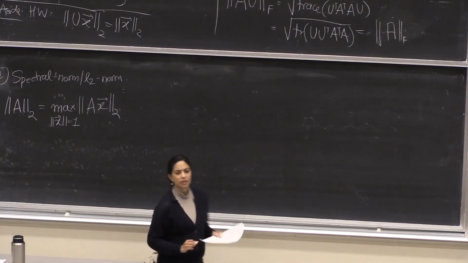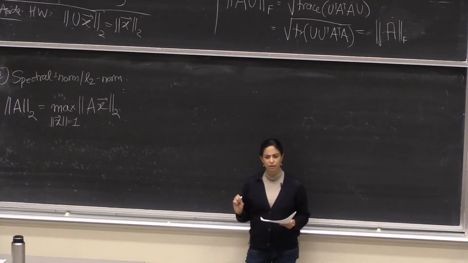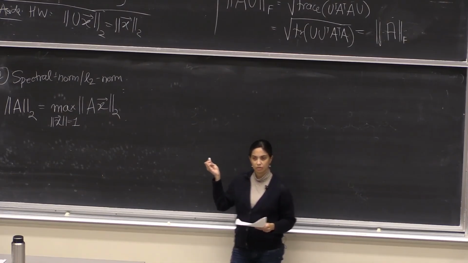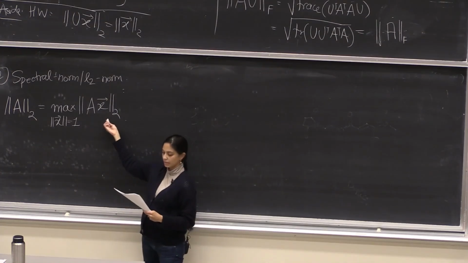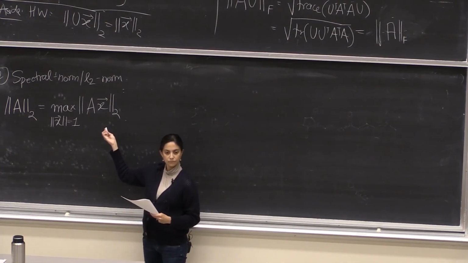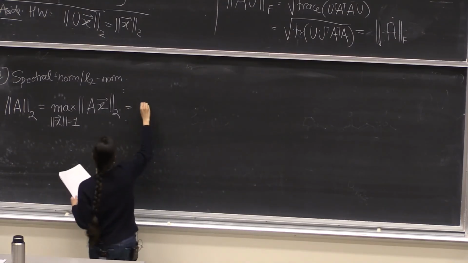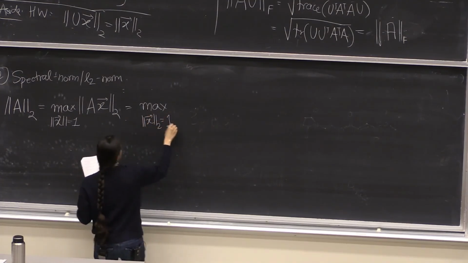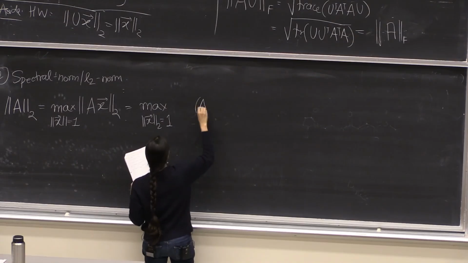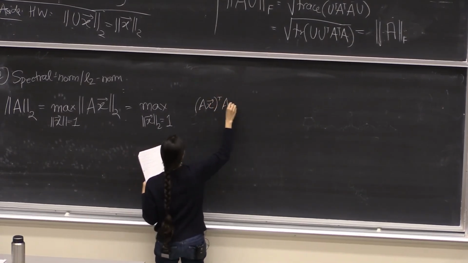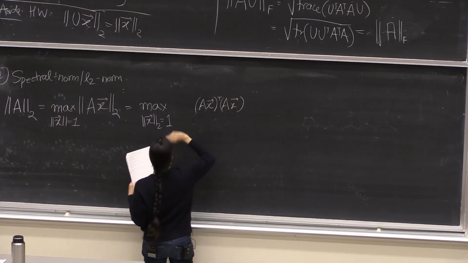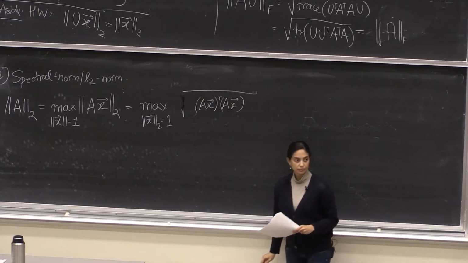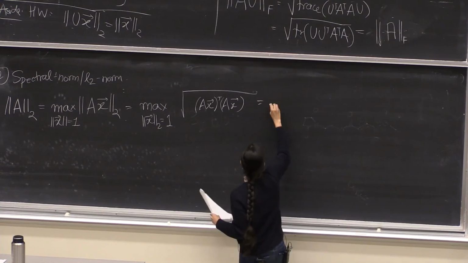But now, can I simplify this further? Do I know how to compute this thing? If I want to compute the 2 norm of this vector, how could I compute it? Well, how do we always simplify this thing? Very good. So I always say, when I have the 2 norm, I can always write this as Ax transpose Ax, and now I have to take the square root, which is equal to the max